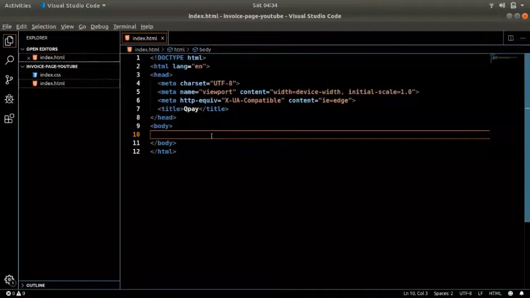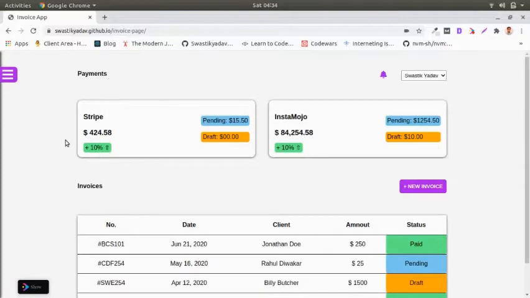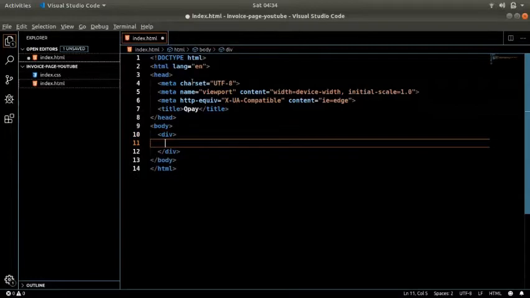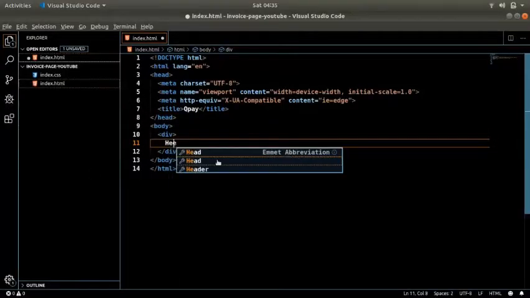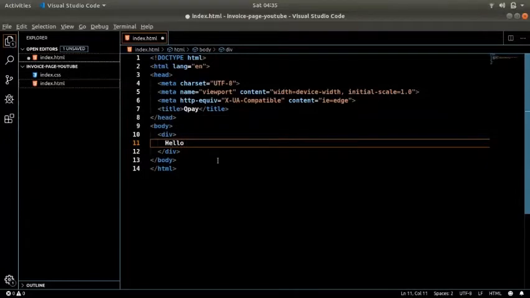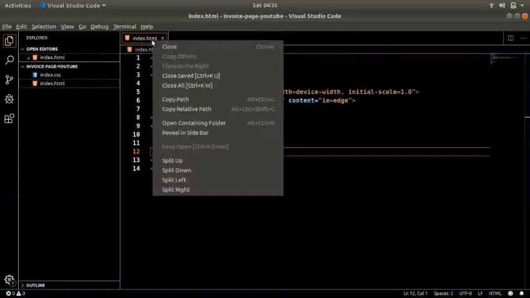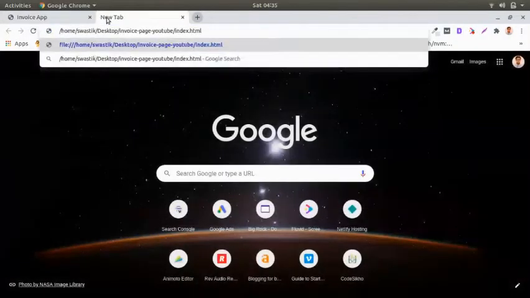Okay. Now inside body, we will build everything inside body. So let's have a div inside body, right? Just a normal div, nothing else. So this entire thing is the main div. Okay. And let's make sure that our HTML is being shown on the page. So copy this path, and open this up in the browser. Here we have it, hello HTML, right?